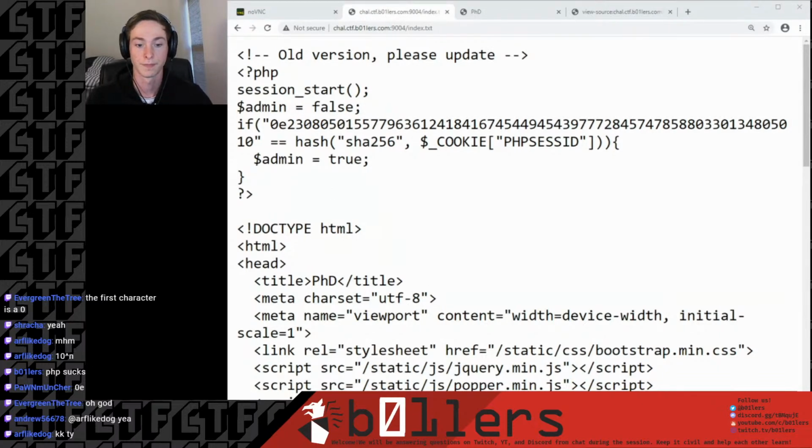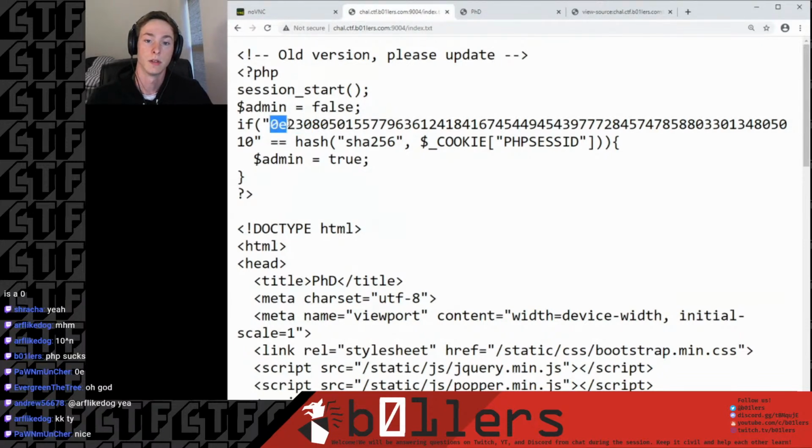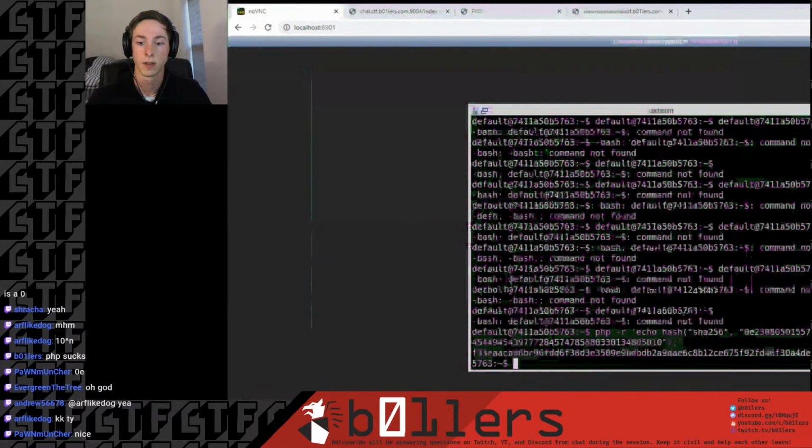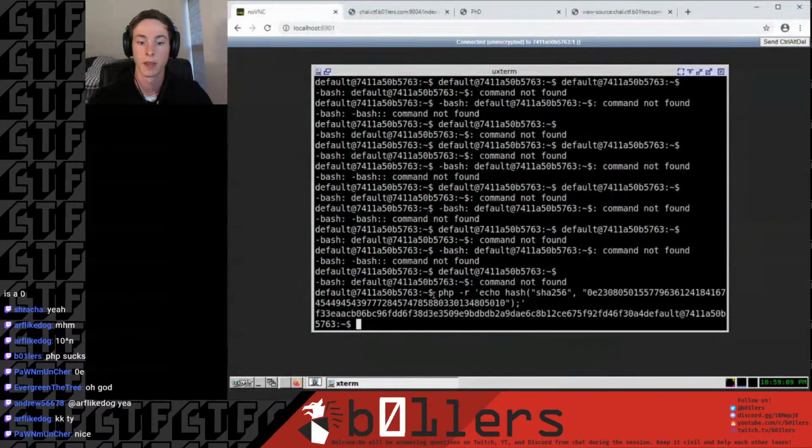So there's a couple places online where you can find these magic hashes that will result in the output of SHA-256 and other hashes to be 0e and then a number. So here, I'll show an example of that. There we go. So if we do php -r echo hash,